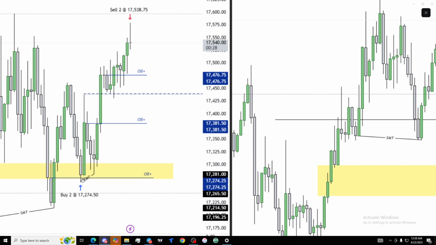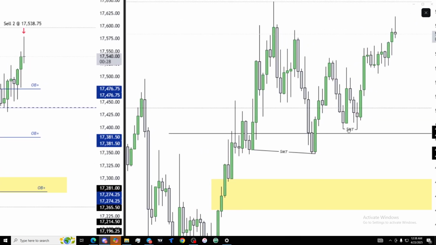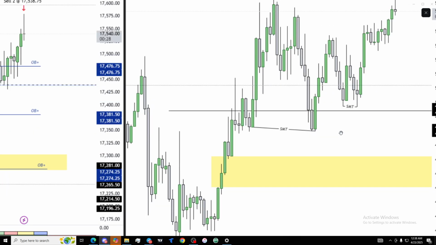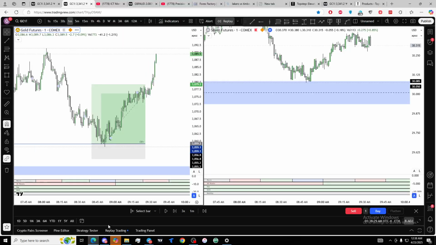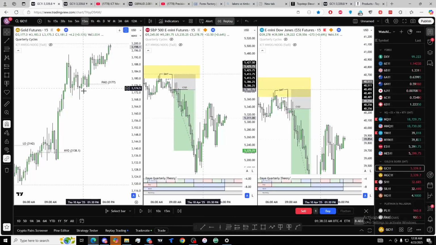Price then came down and tapped me in at the entry. As price traded away, it came back down. It created SMTs. ES created a lower low, while NAS created a higher high. And as we go back in time to look at that price,